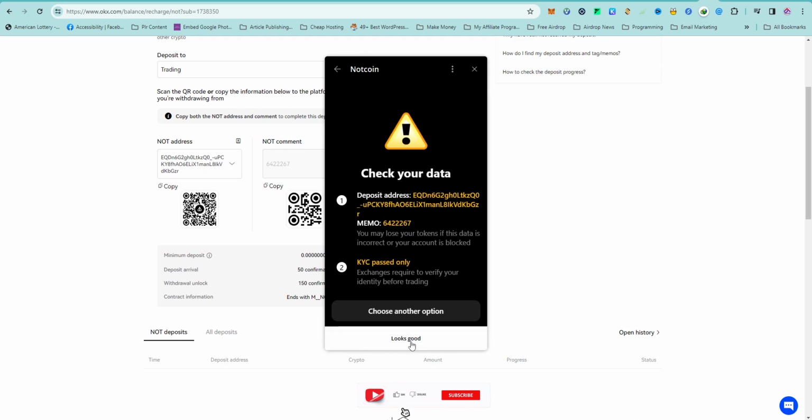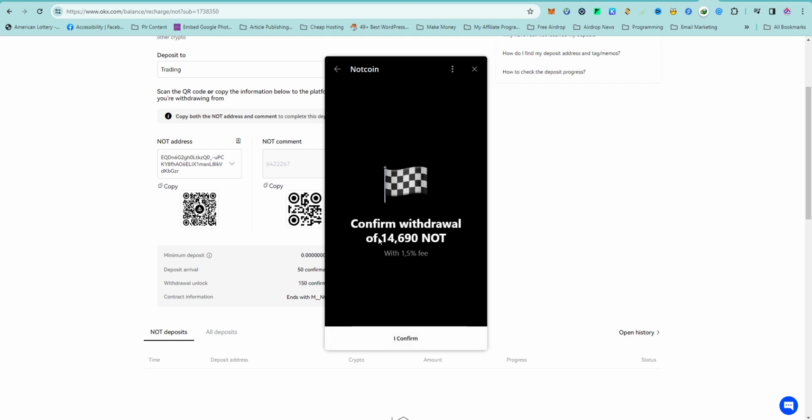I'm going to click on keep going. Then it says check your data. So you have to check if your address and the memo correspond with what you have on the exchange. It is really important. If you miss this, you are going to lose your token for life, and all your hard work will be in vain, right? So now I am going to check. I checked and everything is on point, right? Yes, so now click looks good, and yes, confirm withdrawal of